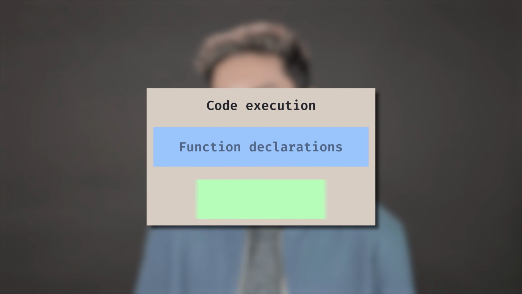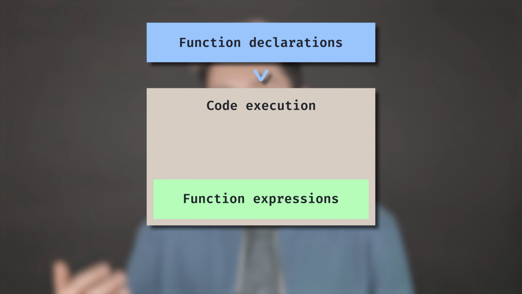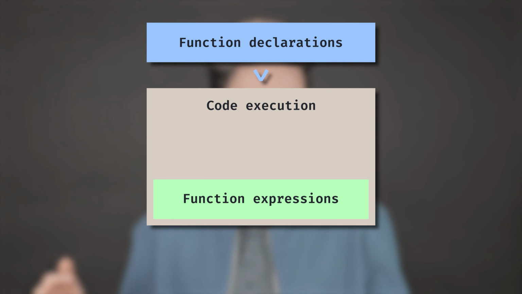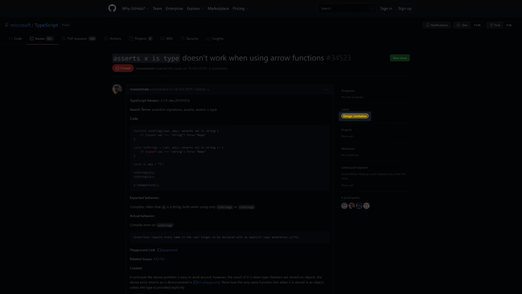So, back to assertion functions. I'm using function declarations because TypeScript has trouble recognizing assertion functions during control flow analysis if they are written as function expressions. Function declarations work because they are hoisted, so their types are declared previously and TypeScript likes that. Personally, I think that's a bug and should be fixed, but I don't know if they're going to fix that. Currently, they say it's working as intended.